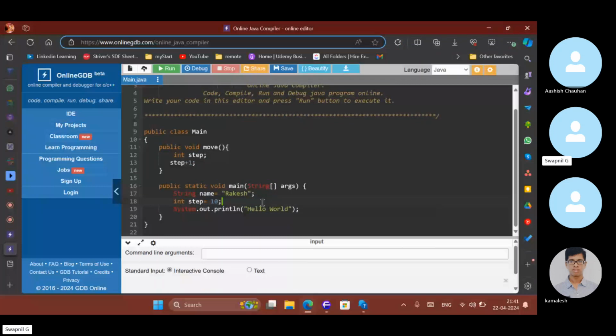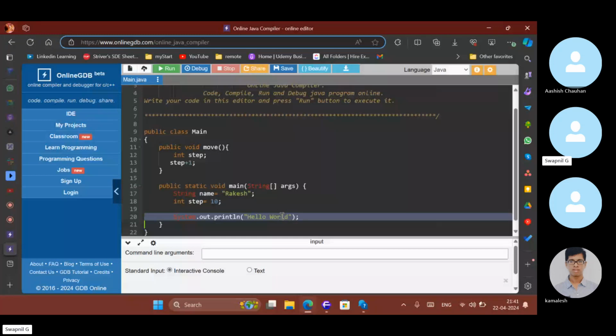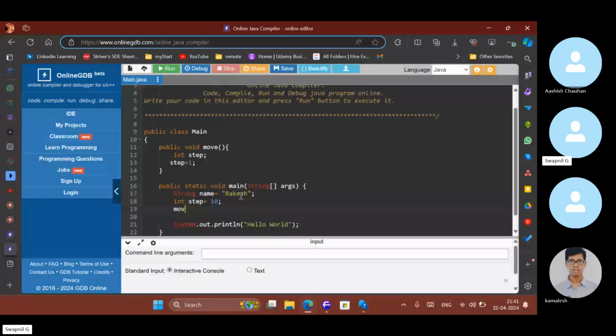If you call this move function, the name of a person is a value, and step is also a value, but what is the action over here? Move is the action. Name and step are values.